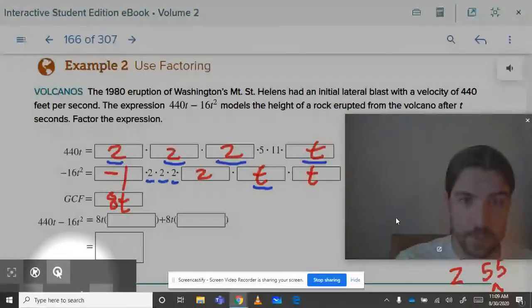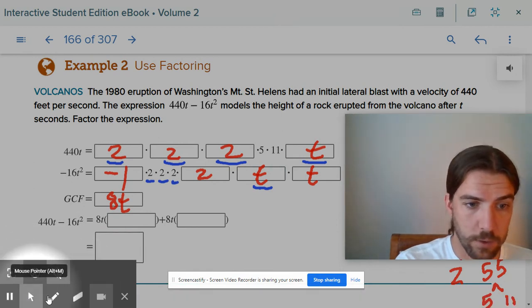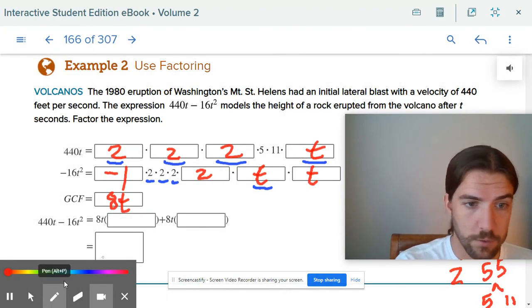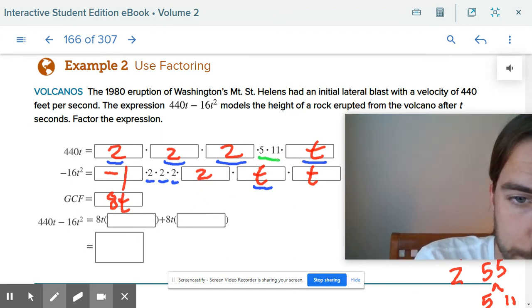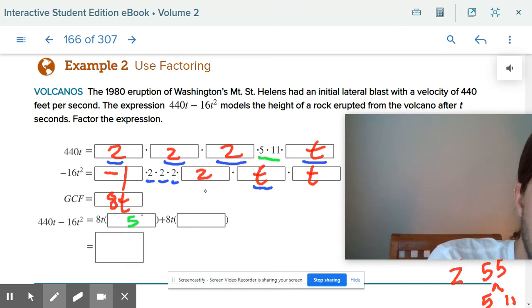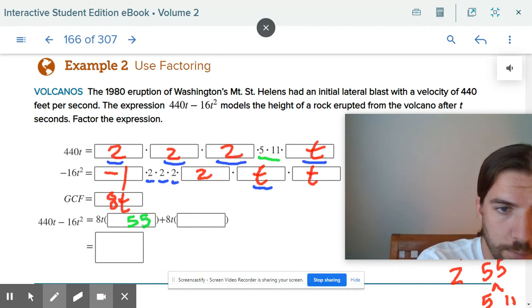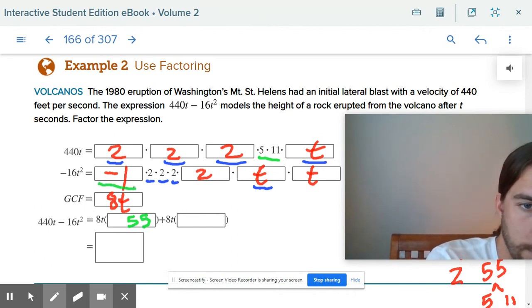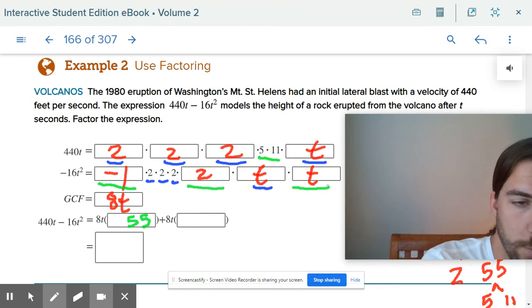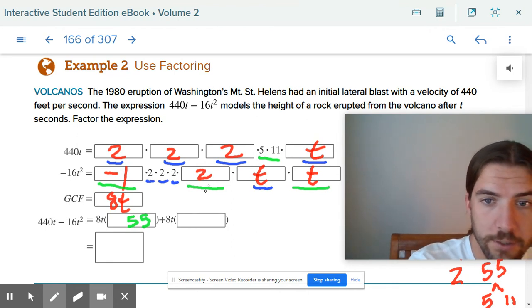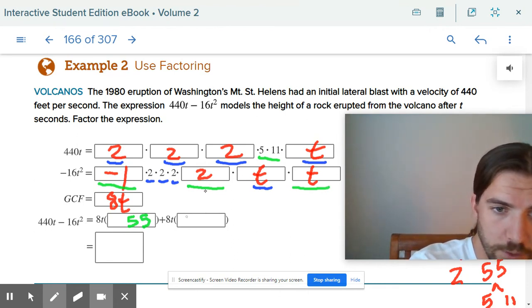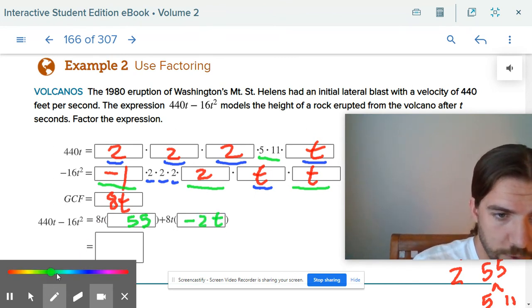So what are we multiplying 8t by? We're multiplying it by all the stuff that was left over. Right here on the top one, we had 5 times 11, so we are multiplying 8t times 55 on top. And on the bottom, we were multiplying it by what was left over, which would be negative 1 times 2, negative 2, times t, negative 2t. All in all, we're going to finish that up by writing it as